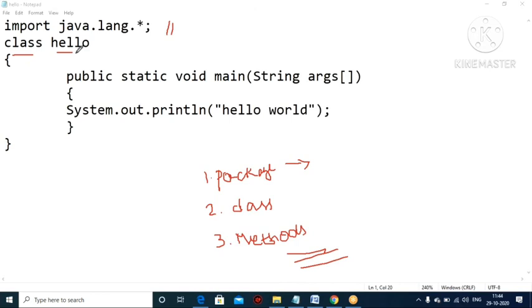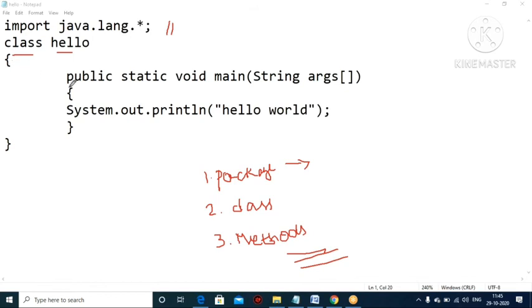If it is different, you can't run your program. You will only get an error. So whatever name you give here, this name and your file name should be the same. So for this class, I give the name Hello, and the file name should be the same. Right. So now I open curly braces, also called curly brackets.